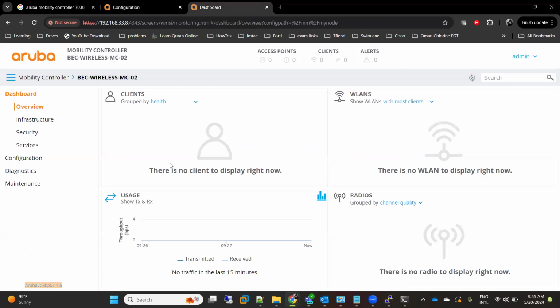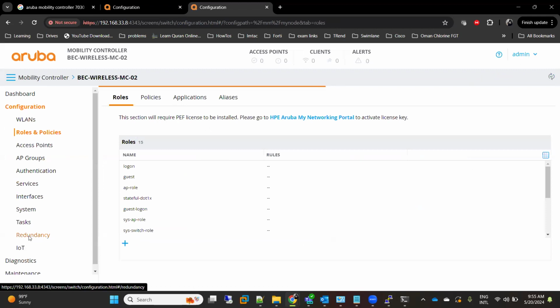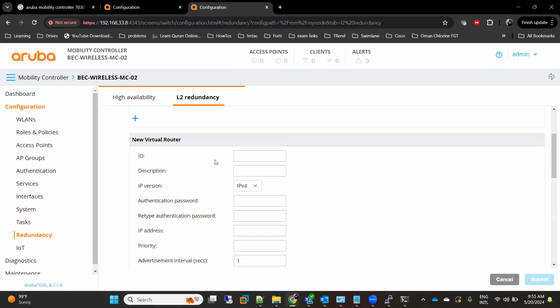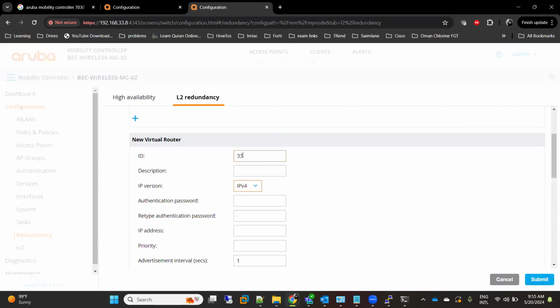Done. Now let's go to the secondary. Same mobility controller tab. Then here is our secondary controller. Go to configuration, redundancy, L2 redundancy, VRRP. Same ID, same password,